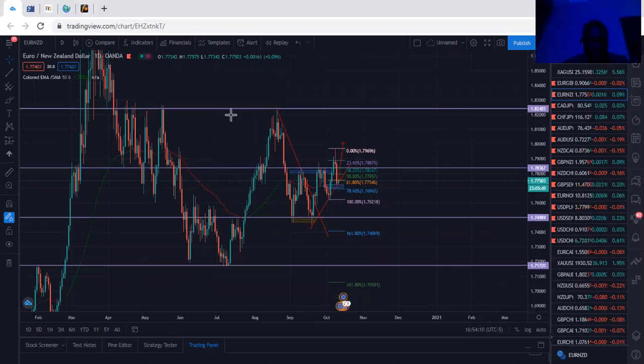So on the EURNZD here, you can see on the daily, the market is choppy somehow. It doesn't have a clear direction, but if you mark up, this is the daily. You can see I marked up my levels and I went down. What I saw was a weak trend, more like an ascending channel. You can see the bottom of the channel here. Price is at the bottom of the channel. So I went down to the 4 hours.